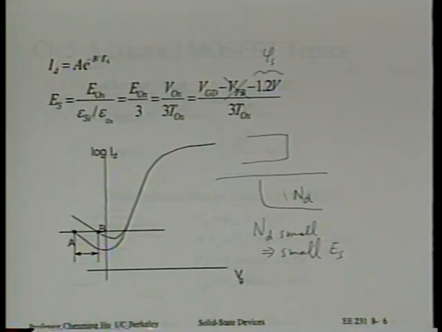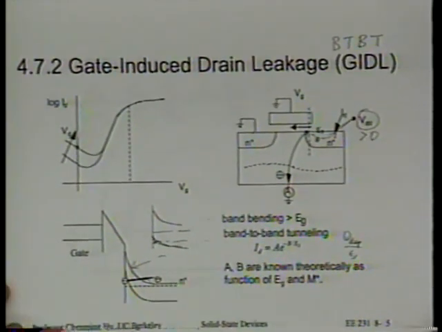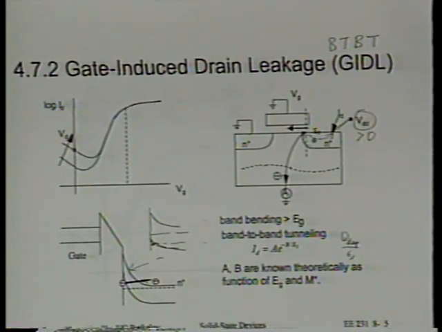Anyone have another answer for me? Yes? Looking at the band diagram, if you dope the N plus even more, then you have to bend the bands more in order to get into the tunneling region. Why do you think we need to bend the band more if we dope the drain more heavily? Well, it just moves the Fermi level up a little bit closer to the conduction band,